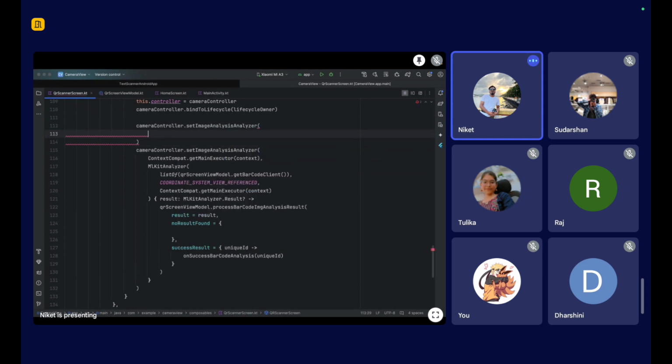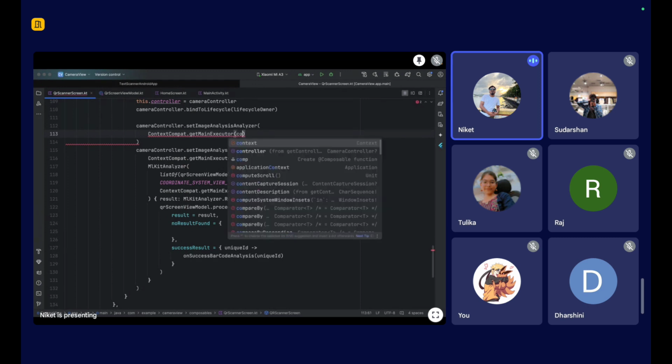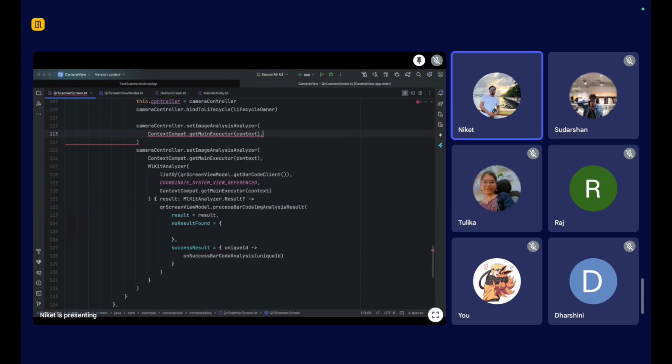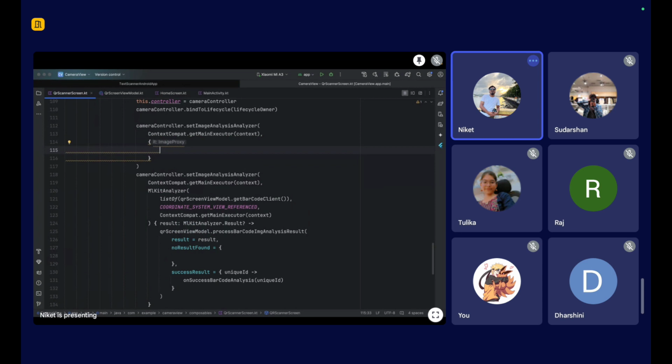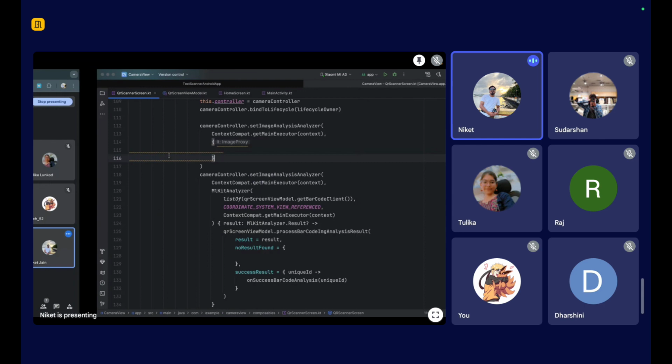Context compat dot main executor dot context. And you can see you are getting an image proxy. With this code you are able to get the image proxy. If you get the image proxy, then what you can do,